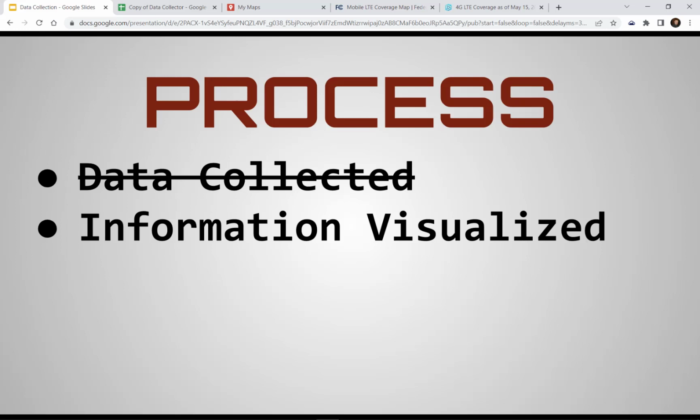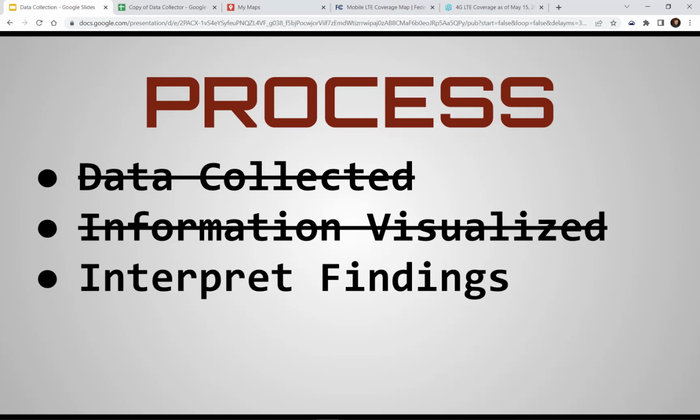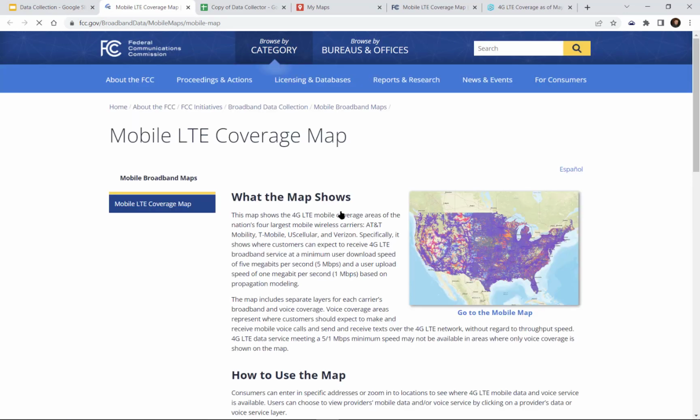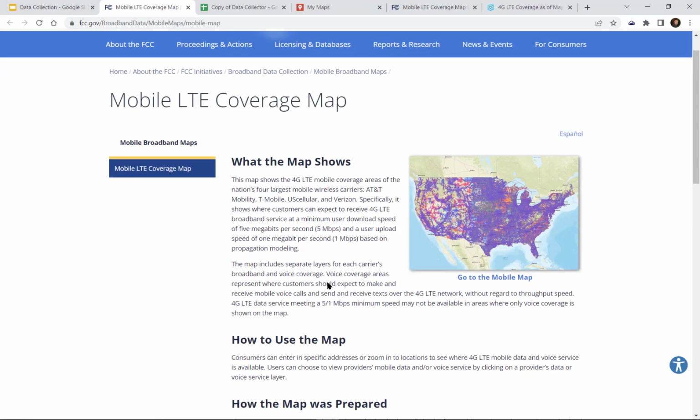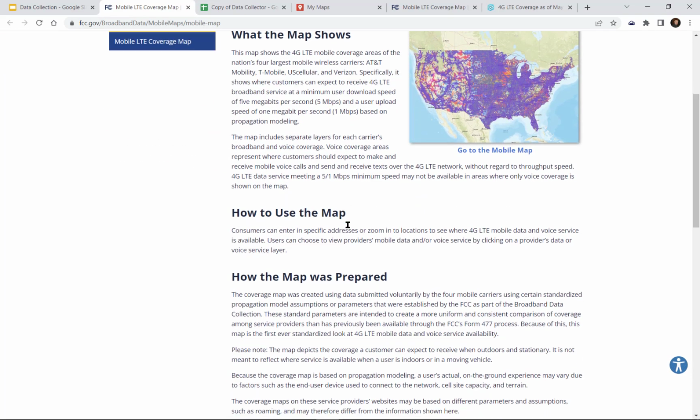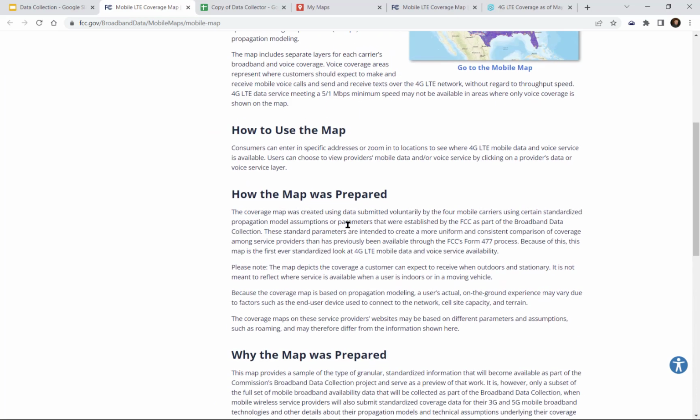The next step in the process, now that we've collected some data and the information has been visualized, is to interpret our findings. For this, we will use an fcc.gov website that covers mobile internet coverage. This map is provided by the Federal Communications Commission and shows where areas are covered by which